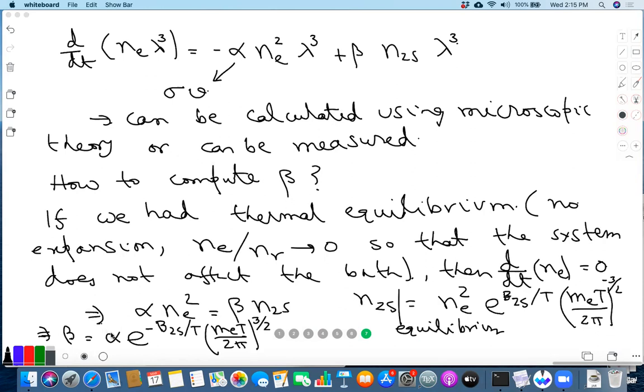So that means that once alpha is determined, and alpha is determined from microscopic analysis, we can find beta. Okay. Again, let me emphasize that you could also, in principle, derive the expression for beta by explicitly computing the reverse process. You have the thermal distribution. You know the gamma hydrogen atom to e minus p collision rate. And using that, you can in principle compute beta, but that will give the same value as this. Okay, other questions?